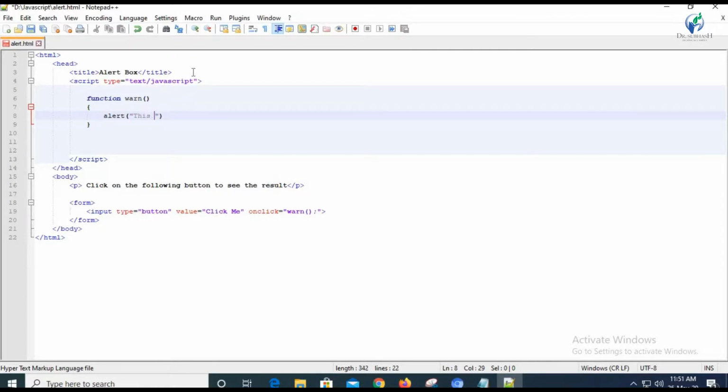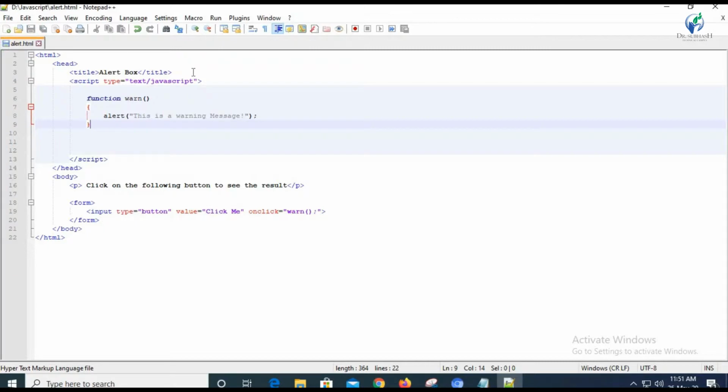So this is a warning message, right? Now at the end of this we are going to add a semicolon and we are going to save this code.